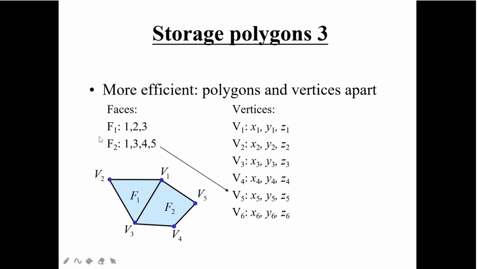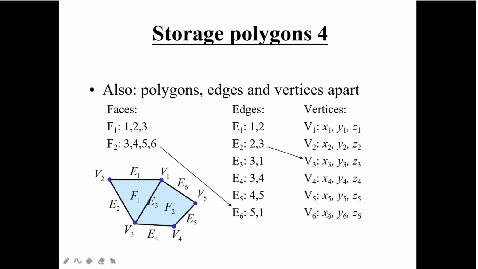Okay, so here phase also you have to write v1 v2 v3. Don't write 1 2 3. This is just to tell you that one more way of writing. But if you will write as v1 v2 v3, that will be more efficient. And for f2 you can write v1 comma v3 comma v4 and v5. Okay, this is the one more polygon. Now we will see how we are going to write the edges.